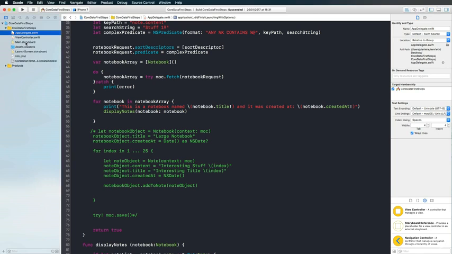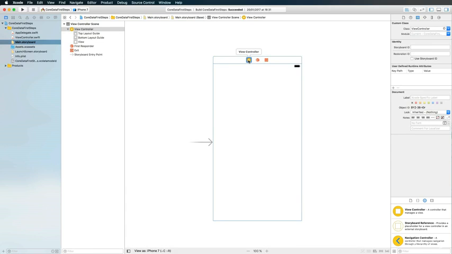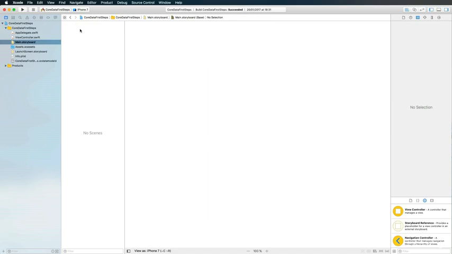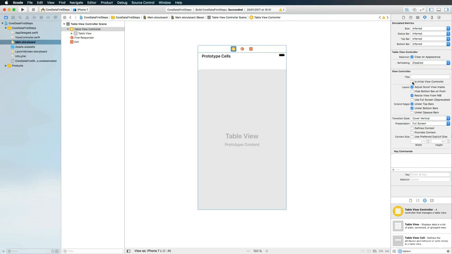So let's move to the main storyboard and first of all get rid of this standard view controller. I'm selecting a view controller here, pressing the backspace key on the keyboard or clicking here in the view controller scene and doing the same thing if that does not work. And the next step will be to add a table view controller to our storyboard, and then we must make sure to hit the attributes inspector and select this table view controller as the initial view controller, which will add this little arrow here on the left so that Xcode knows that this is the first view controller that we